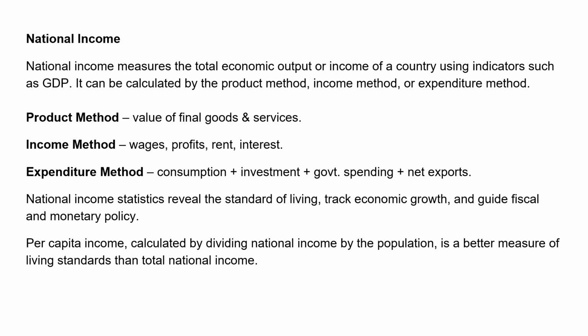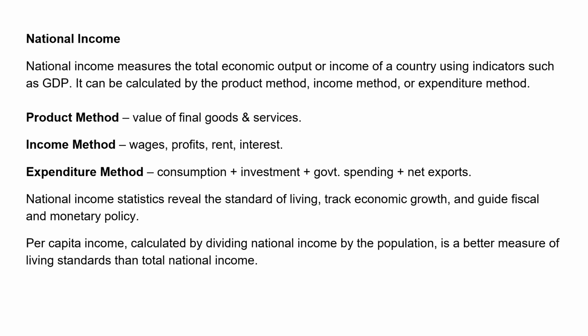Okay, so this national income is calculated by the product method when we find out and add all the value of the final goods and services. It can mean that wherever you see that there is a final value of each of the goods or the services that the people are taking, if we add all of this as a final product, the amount will basically reflect the national income of a country.